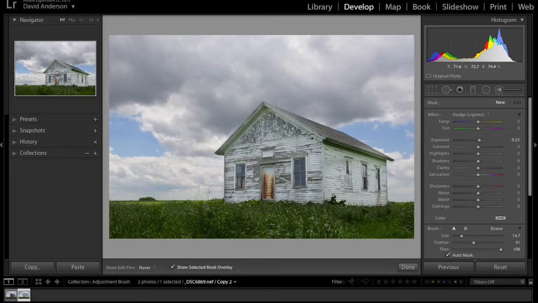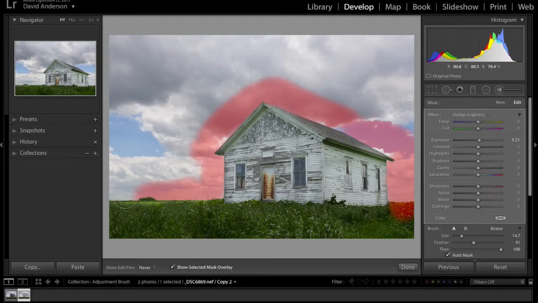And now what we're going to do is we're going to paint in our sky. And you can see I'm going around the outside roof of the schoolhouse here and down the back side of the schoolhouse. I'm going to come over here and do the ground. And now I'm going to turn off that auto mask. You can see that it's seeing the edge, the bright edge of that cloud and not allowing the mask to cover it. So by turning off the auto mask and being very careful here,